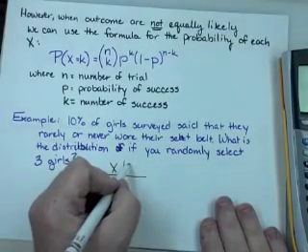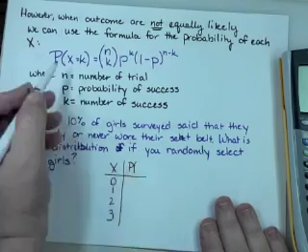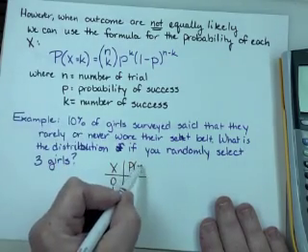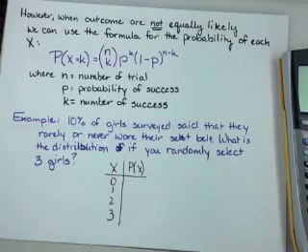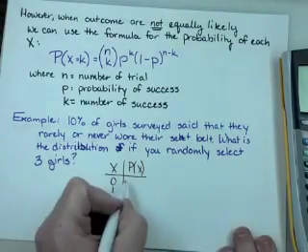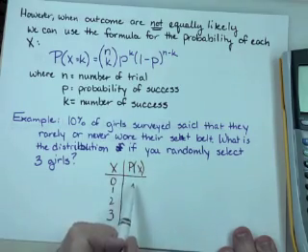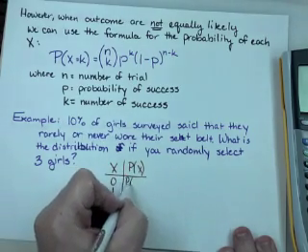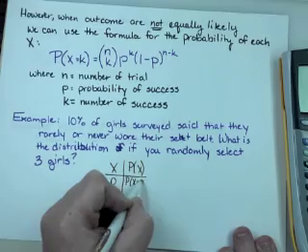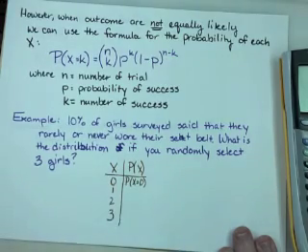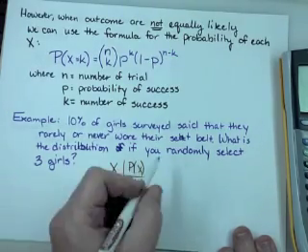Okay, so the probability of x, I'm going to go ahead and use that formula, and I'm going to show you how to do it on the calculator. So for the first one, and I'm going to write it out here for at least the first one, the probability that x equals 0 is,